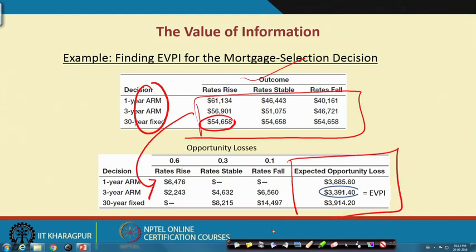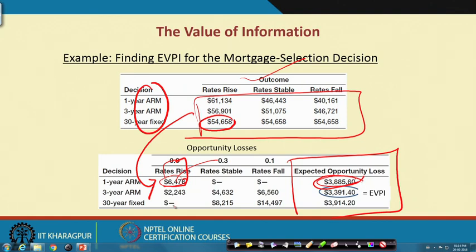For that, we connect these opportunity losses with the corresponding probabilities. Then we find the EVPI, the expected value of opportunity loss. So in this case we have 6476, and that needs to be connected with the corresponding probability 0.6, which generates